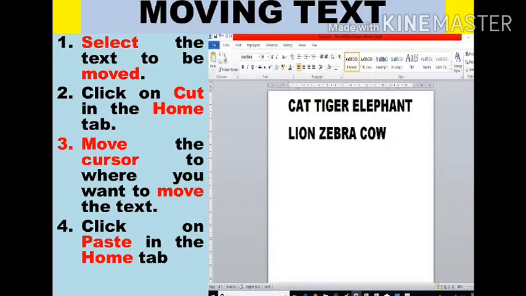Step 3. Bring the cursor where you want to move the text. I want to move it between zebra and cow. So I will bring the pointer between zebra and cow and click, and that's where my cursor is. Last step, go to paste in the home tab. This is paste in the home tab.